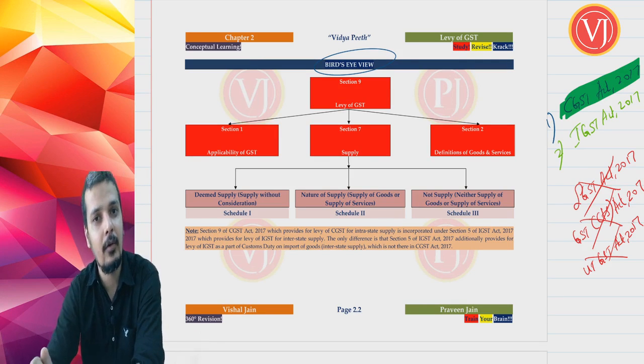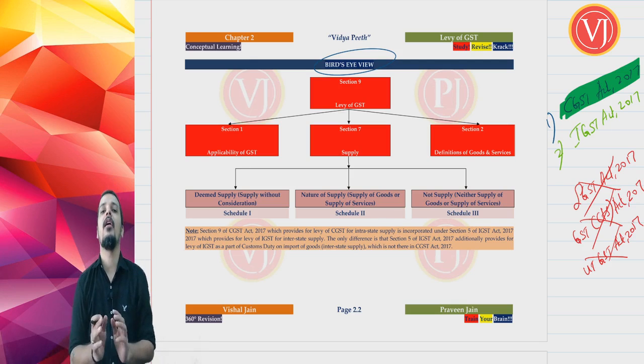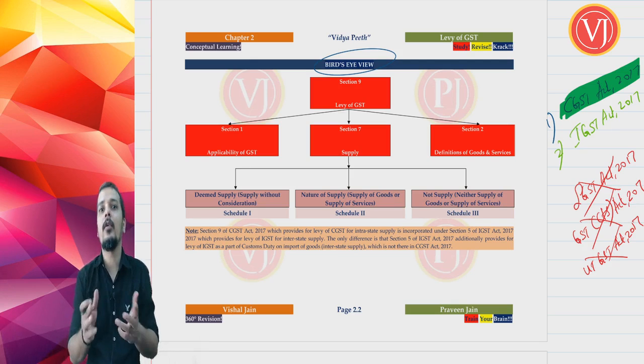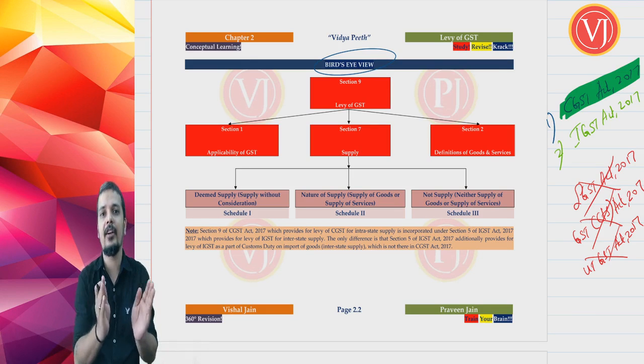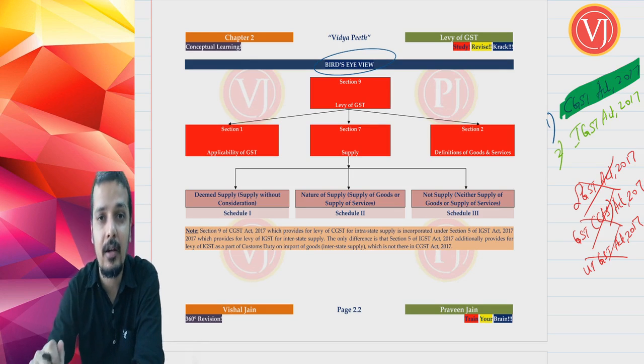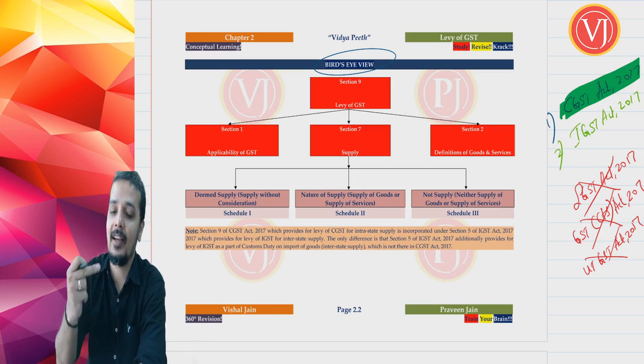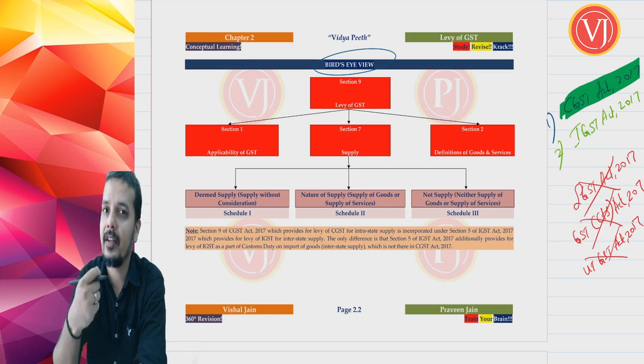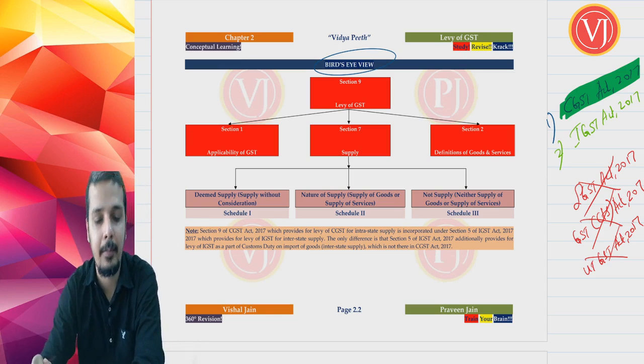Now, when we are going to focus on the concept, we will not try to specifically focus on the section number. We'll be discussing section numbers and rule numbers again and again, but the focus there should be only on the concept, not on the section number or rule number once we are inside the topic. Though we are going to discuss that also every time when we discuss the provision.